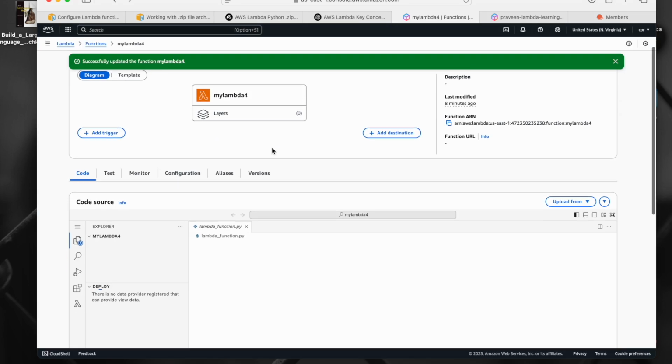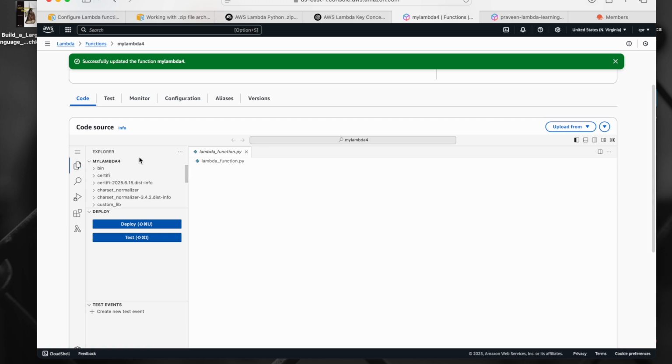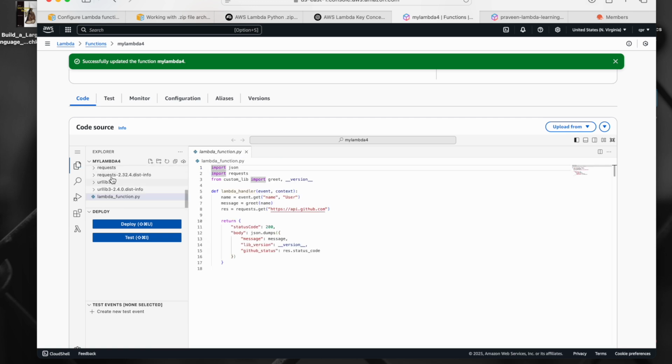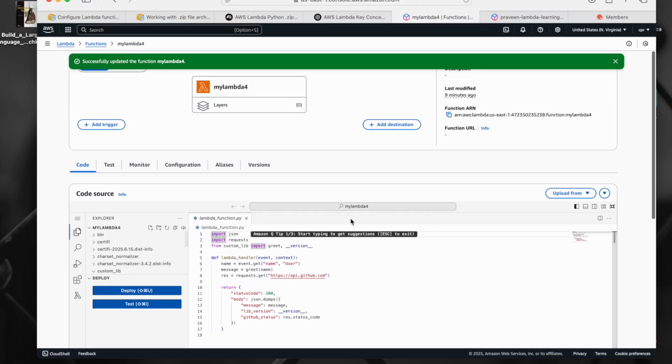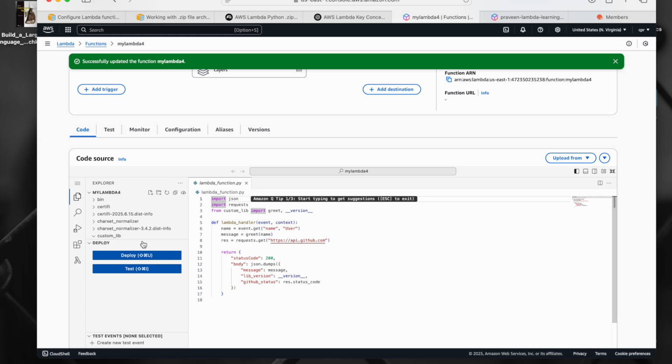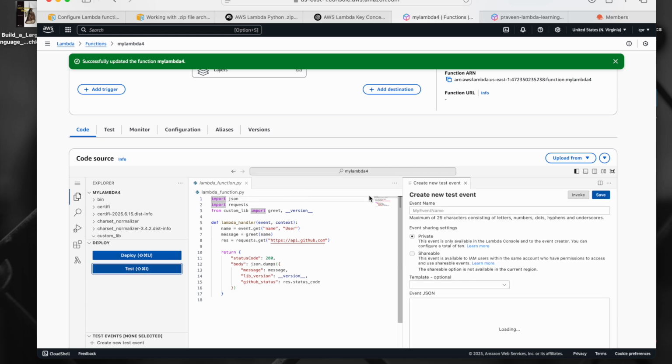See, now if you see the code, everything is in this root folder only. All the custom packages, custom lib, and all the packages which we installed, the request module and everything, and my lambda function, everything is in this root folder only. That's how it should be, otherwise it throws an error. So now we can test this. When I click on test, we don't have any test. So let me test this,